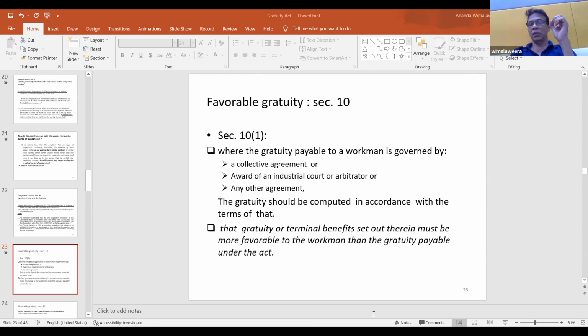Or second bullet, award of an industrial court or arbitrator or ORO. Third bullet, any other agreement,